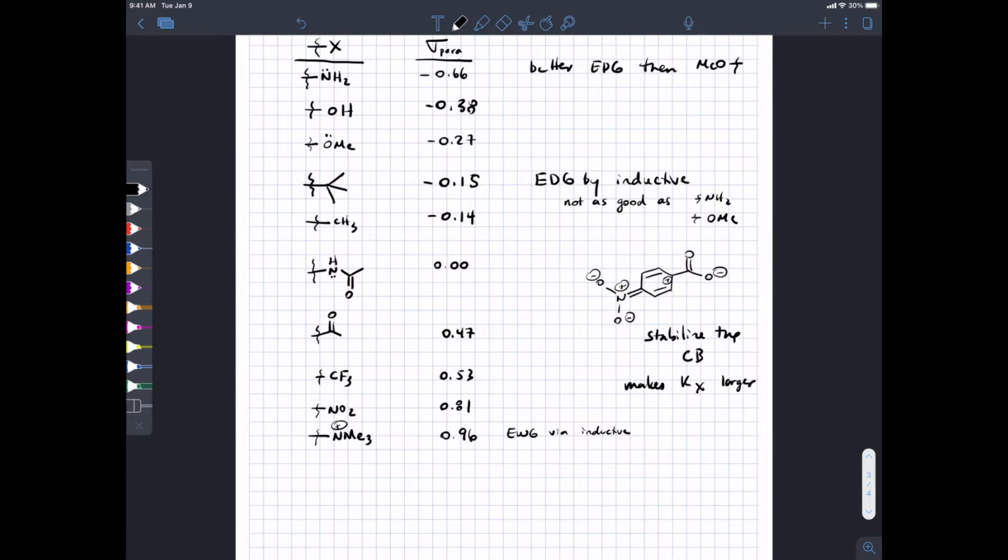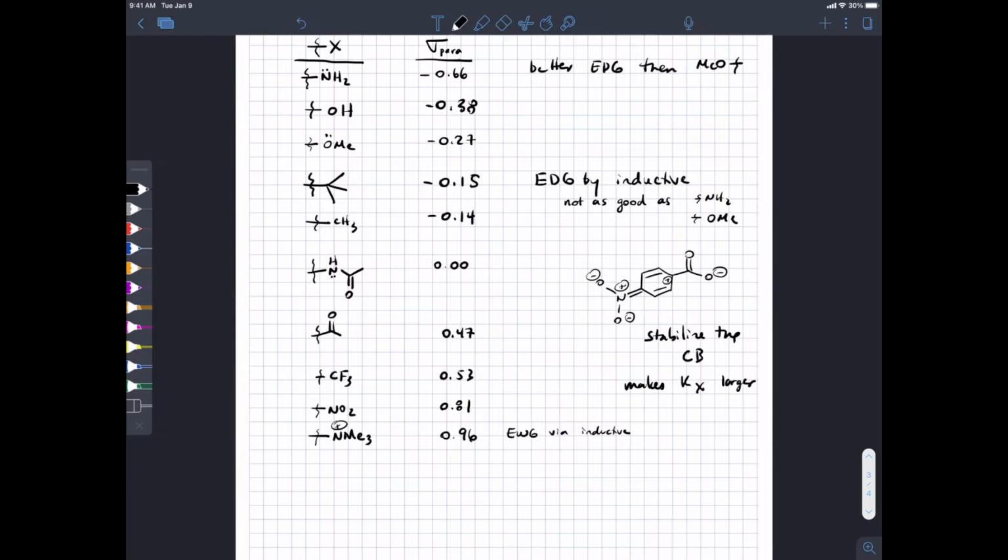But now we're going to try to see how that influences a reaction. Any questions so far? We can talk about the meta parameters as well, but before we do that, I just want to give you an example of